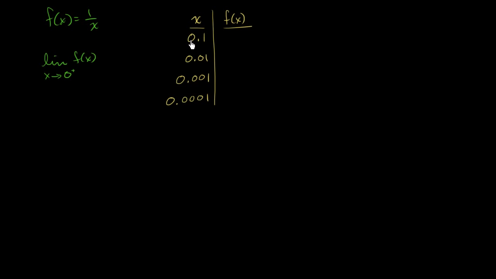So when x is 0.1, f of x is just going to be 1 over this. This is 1/10, so 1 over that is just going to be 10. 1 over 0.01 is going to be 100. 1 over 0.001 is going to be 1,000. 1 over 0.0001 is going to be 10,000. So you see, as x gets closer and closer to 0 from the positive direction, f of x just